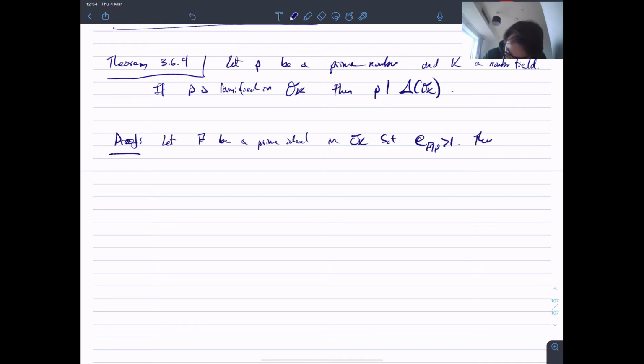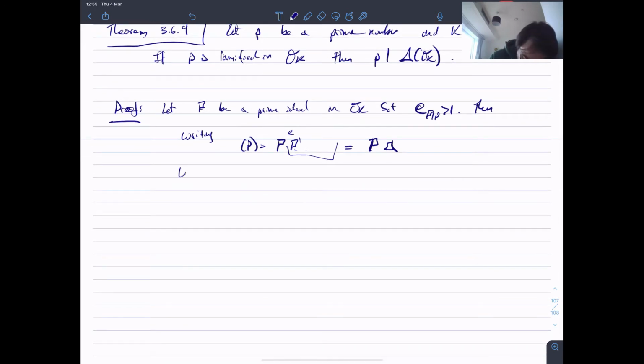Then if you think of writing this prime ideal P as a product of prime ideals, you're going to get this P to some exponent, some number greater than 2. Let me just call this E. And then we're going to get all the other prime ideals showing up here. And so I'm just going to write this in a specific form. I'm going to take one copy of P and put it here, and the rest I'm going to call A. So writing the ideal P as P times A, where A is divisible